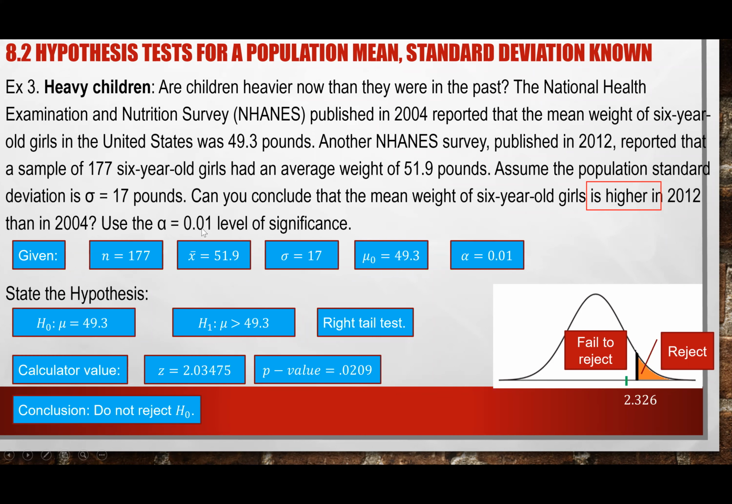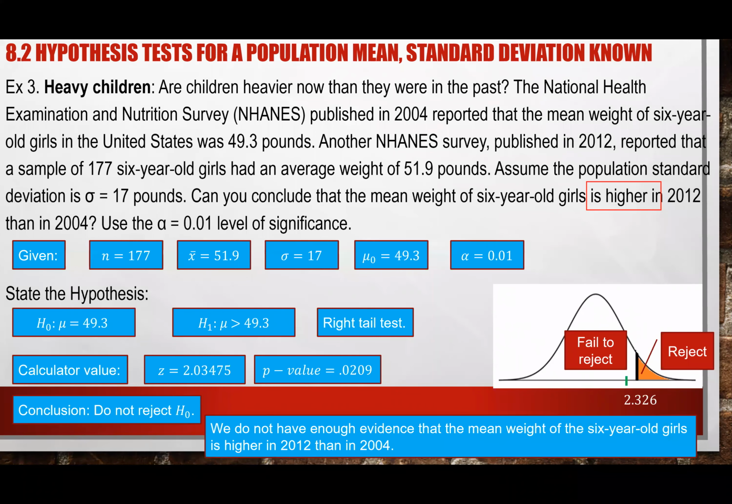The p-value is bigger than alpha, we still do not reject. And if we do not reject, basically this is what we say: we do not have enough evidence that the mean weight of a 6-year-old girl is higher in 2012 than in 2004. Okay, so you look at this, yes, obviously the weight is higher, but again, this thing is